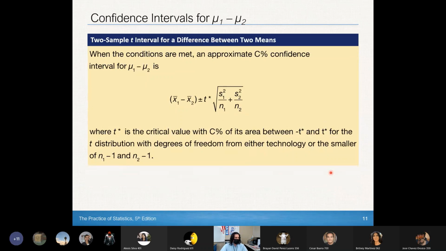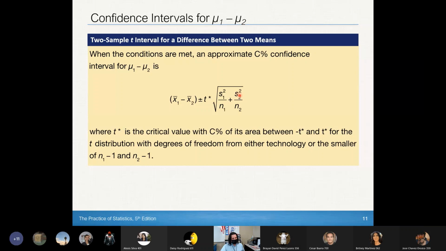And then now that we know what our t-statistic is and we know our conditions, we're going to look at the confidence intervals for mu1 minus mu2. Our inference method will be the two sample t interval for a difference between two means. So when conditions are met, an approximate C% confidence interval for mu1 minus mu2 is the difference of the sample means plus or minus the critical value t star times the square root, this standard error here, of the variance of sample 1 divided by the sample size from sample